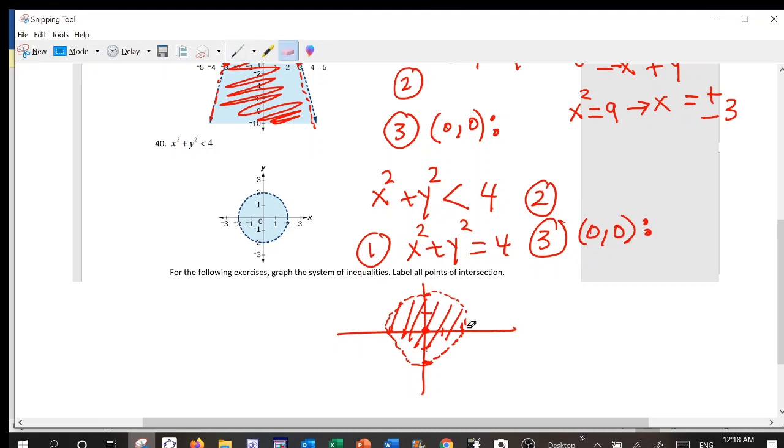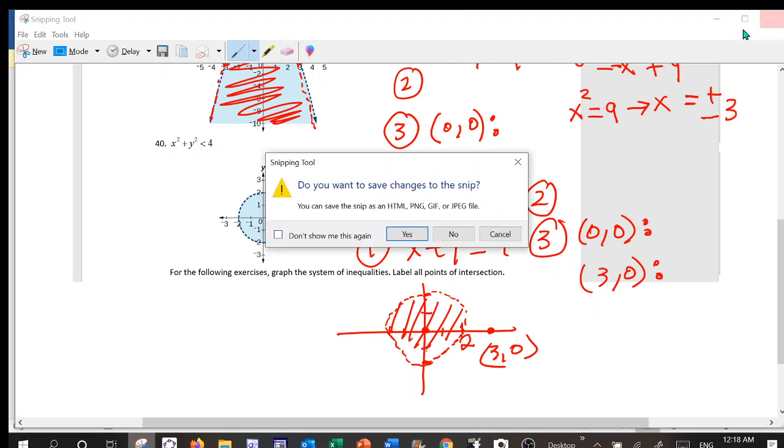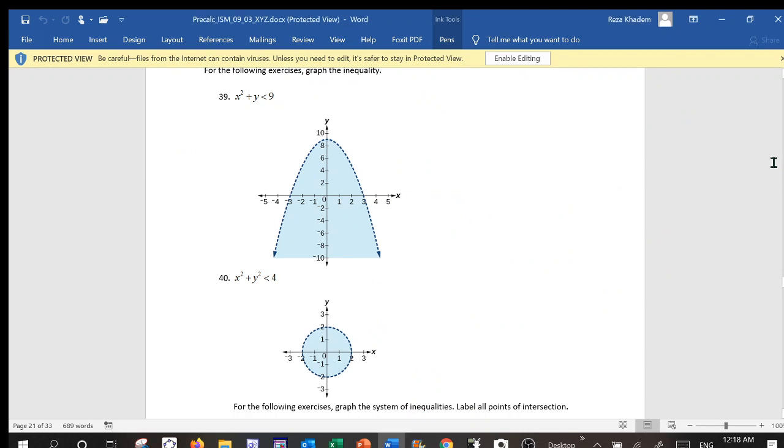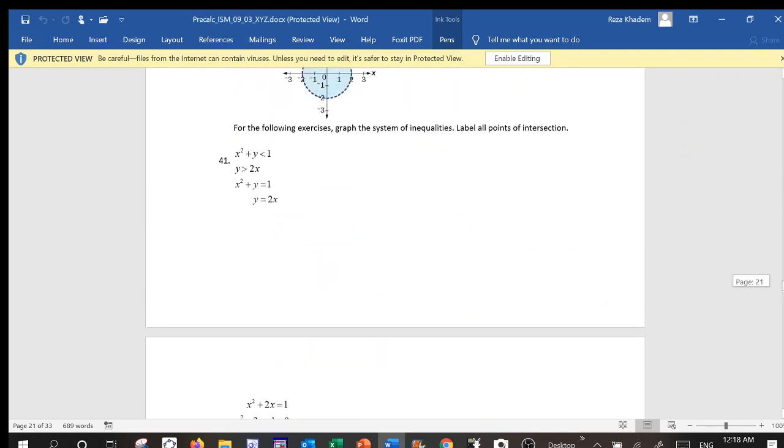So let's test another point. So we know this point is 2, so we could test this one, 3, 0. So does that work? Well, if I put a 3 for x and 0 for y, that would be 9 less than 4, which is not true. So we don't shade here. Okay, so these are inequalities. And let's go to a